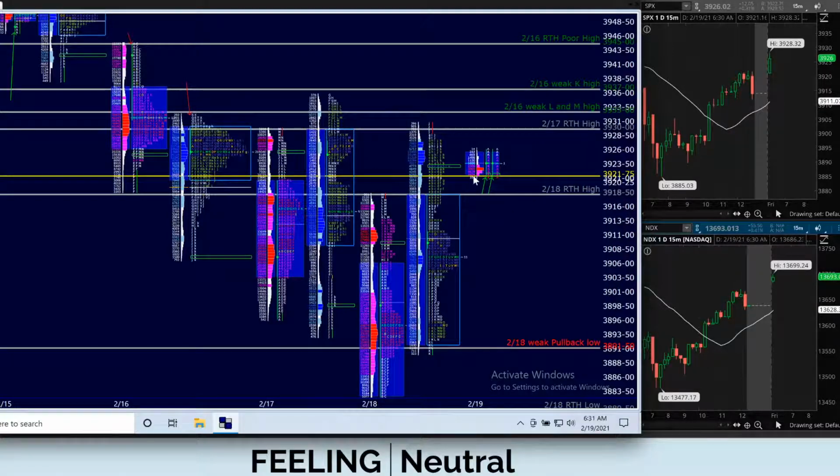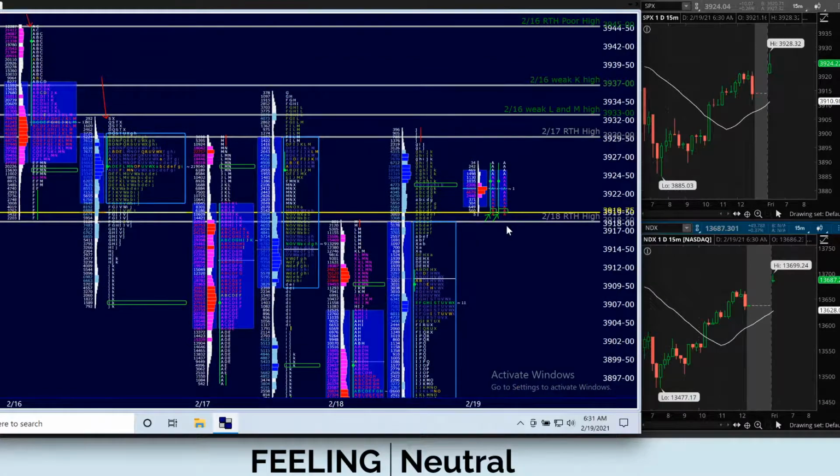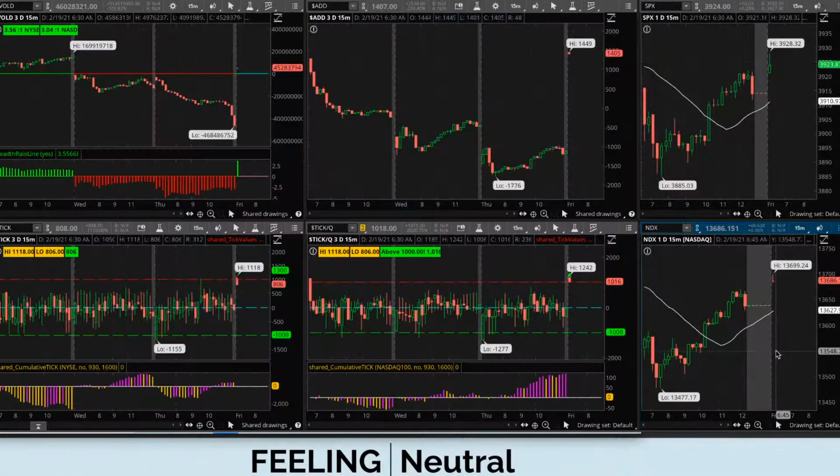Okay, so it looks like they're trying to fill the gap. Looks like they're trying to push the market down here to 39.1850. That would have been a good short from the open if you'd gotten into it. I certainly didn't have time because I was busy talking to you guys. But okay, so let's see what happens when we get that gap fill. Market internals opening bullish.